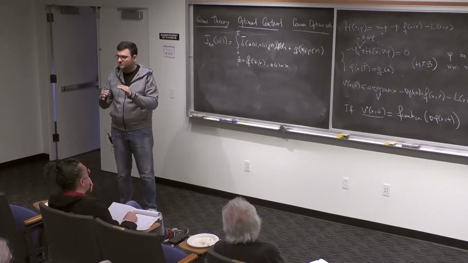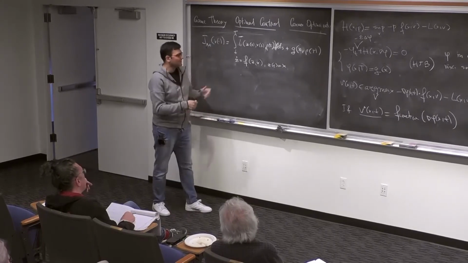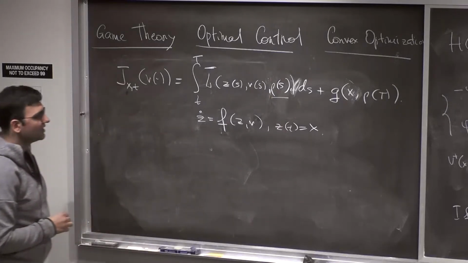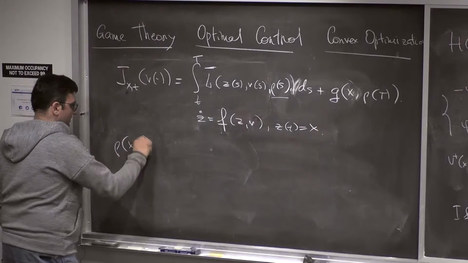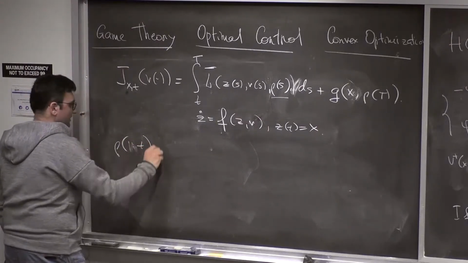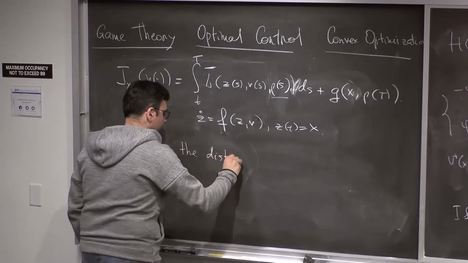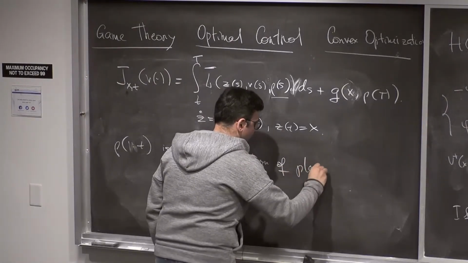So I've already assumed that there are players that are distributed in R^d, for instance, according to some measure rho. So let's say rho t is the distribution of players